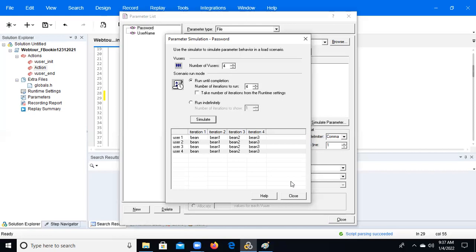So for some unsecured applications, for example flight booking or Amazon, we need to log in to the application, but every time the password will be the same. Users will be different, password will be the same. In that situation we can use sequential each iteration.